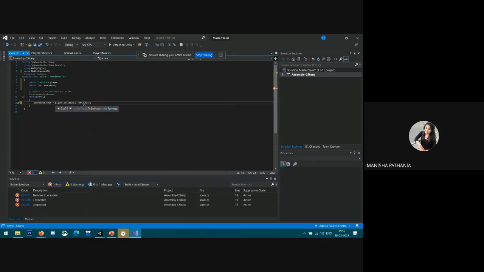Initially it's 0. Yeah, now it's fine. So this scoreText.text allows us to change the text content, and ToString will convert it into string. So save it,